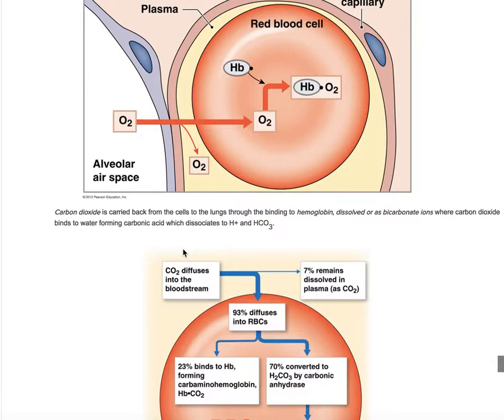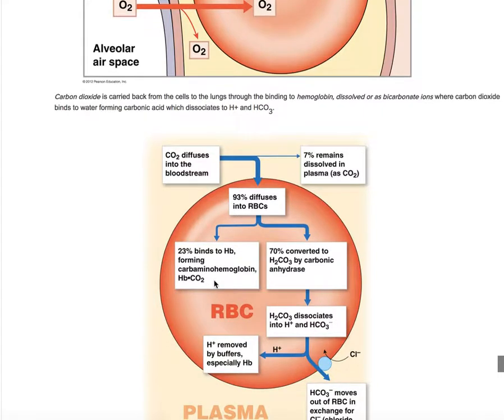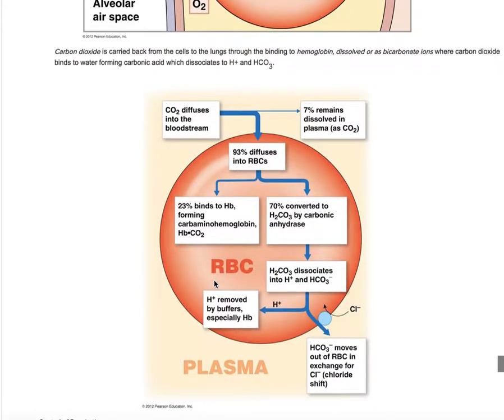So now we have to get rid of the carbon dioxide. Again, the carbon dioxide is a byproduct of how we get energy from glucose. As CO2 builds up in the cells, it's released, and then it's picked up in the blood. About 7% is dissolved as CO2, and 93% goes into the red blood cell. About 23% binds to hemoglobin, so a little bit binds to hemoglobin. But 70% is converted to